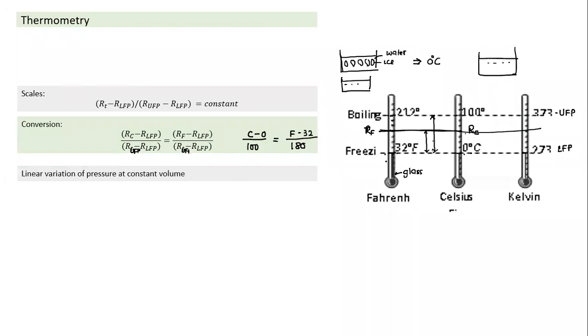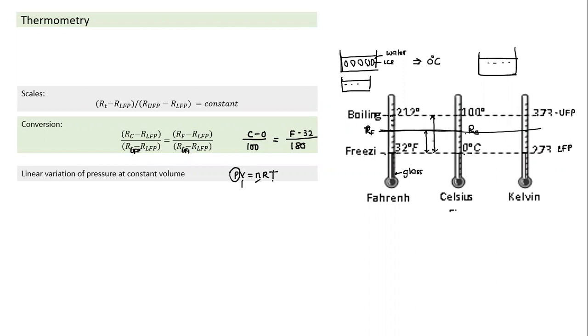In this thermometer, we use the property that the length of mercury is proportional to temperature. Any other physical parameter which is proportional to temperature can be used for measurement of temperature, like the ideal gas equation, PV equals nRT. If I take a fixed amount of gas, n is constant, and if I keep volume constant, the pressure becomes directly proportional to temperature. So the ratio of pressure will give you the ratio of temperature. Measurement of pressure is easier compared to measurement of temperature.